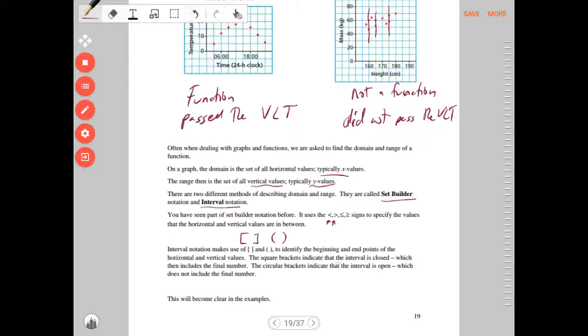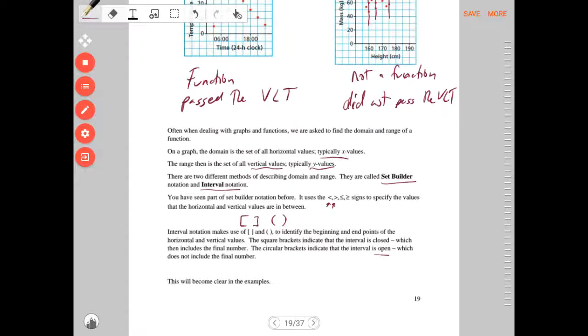The square brackets indicate that the interval is closed, which then includes the final number. Okay, the circular brackets indicate the interval is open, which does not include the final number. Okay, we're going to make this clear in the examples. So, okay,